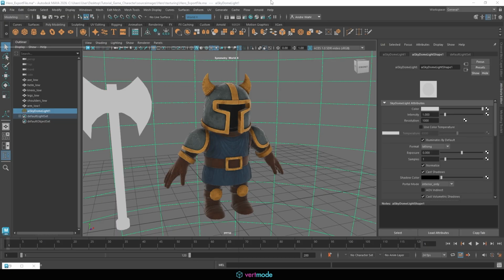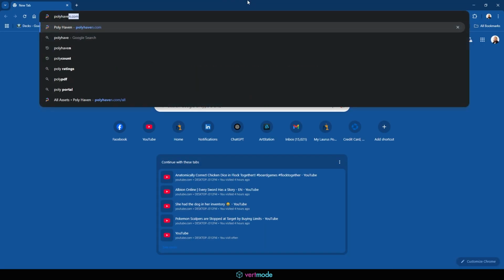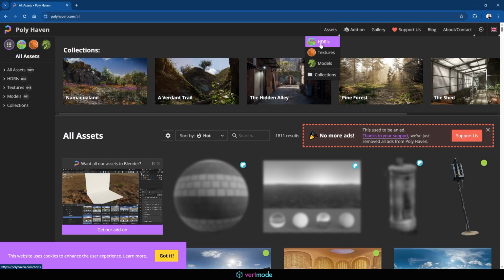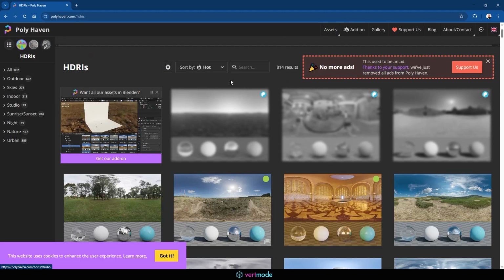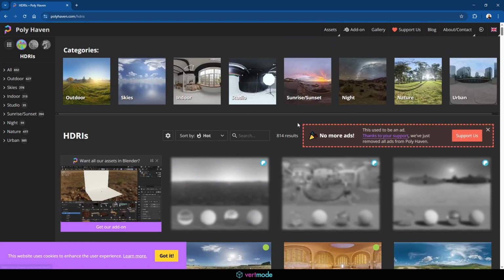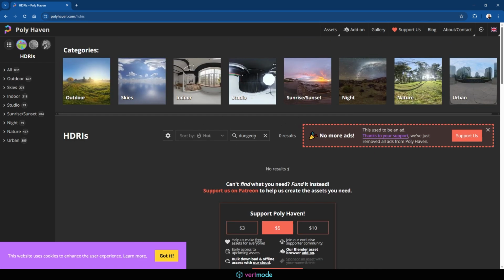A great place to get those currently is Polyhaven. You can go to polyhaven.com, come in here to the assets, and find HDRIs, and you can find a bunch of really cool ones that we could utilize. So we could look for something that's kind of like a dungeon. I don't know if that will come up with a dungeon. We can come in here to interior,